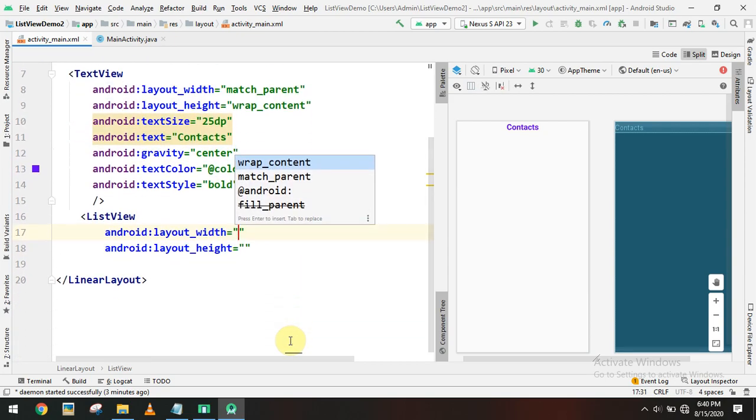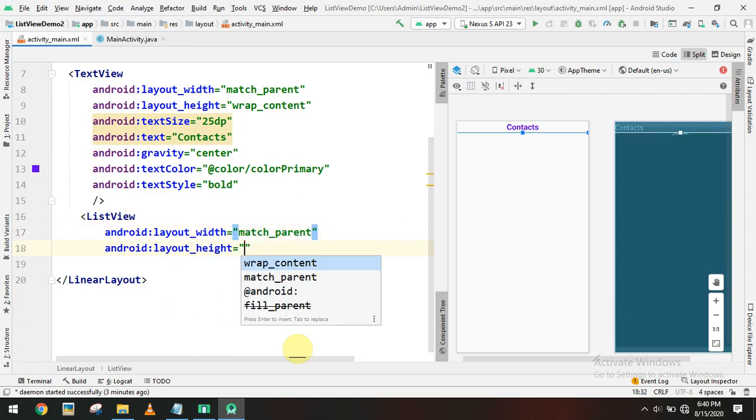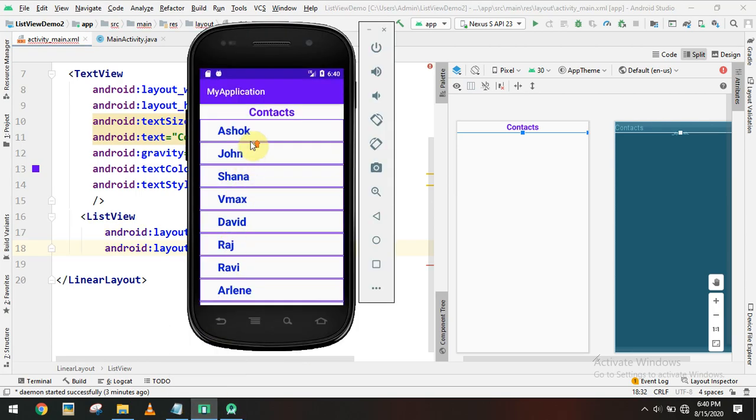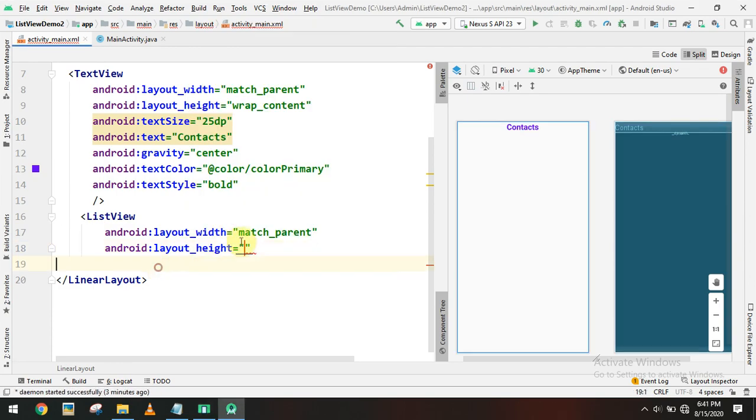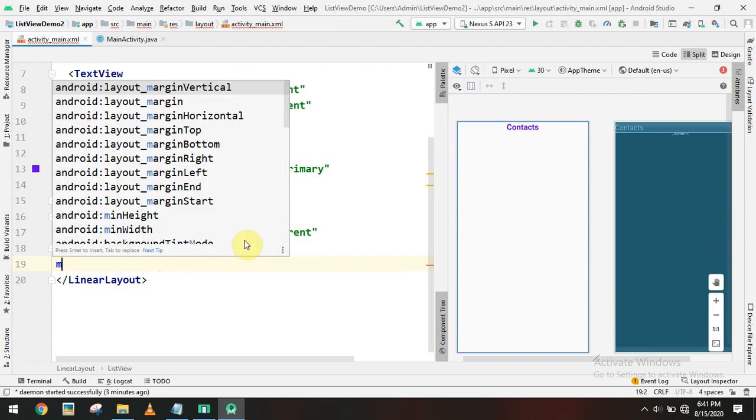The width should be match parent, so it spans the entire width, and the height should span the remaining height after the title. So this is also match parent.